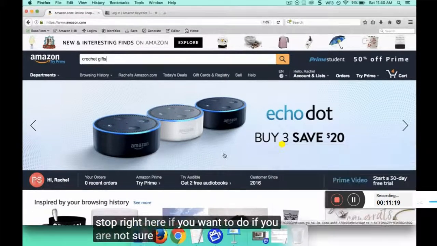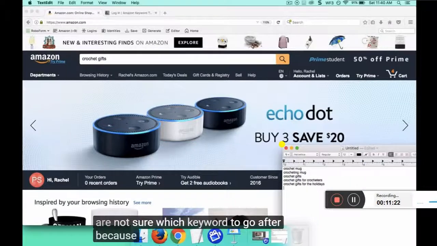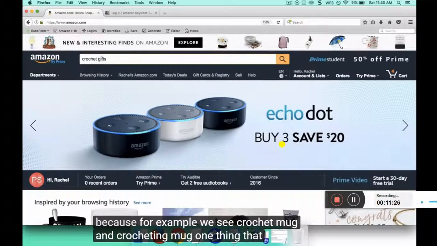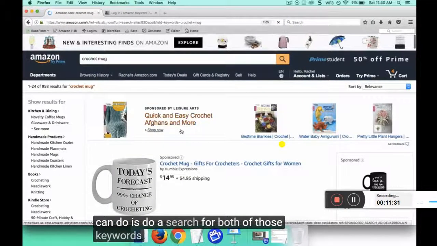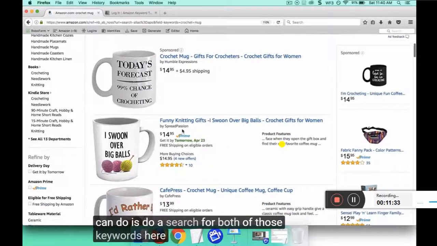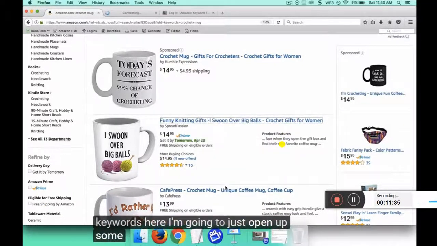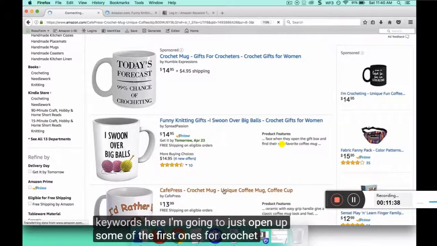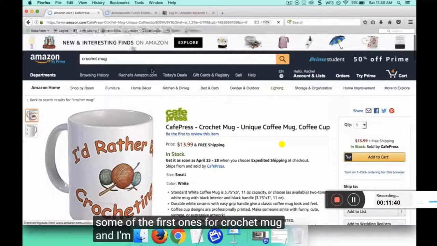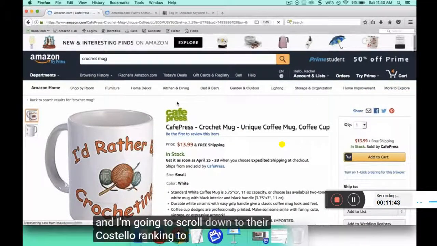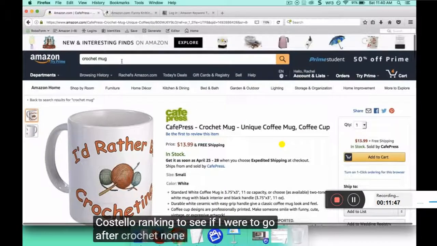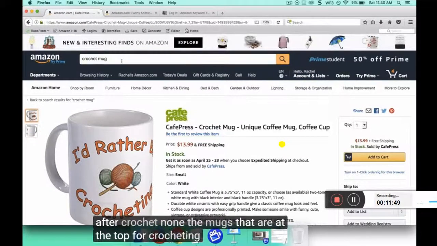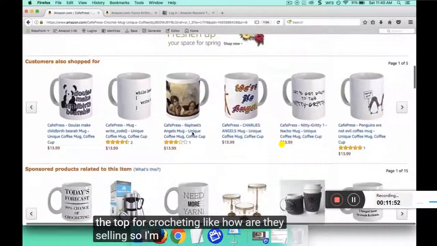If you are not sure which keyword to go after, because for example, we see crochet mug and crocheting mug, one thing that you can do is do a search for both of those keywords. So here I'm going to just open up some of the first ones for crochet mug, and I'm going to scroll down to their bestseller ranking to see if I were to go after crochet mug, the mugs that are at the top for crochet mug, how are they selling? So I'm going to scroll down here,